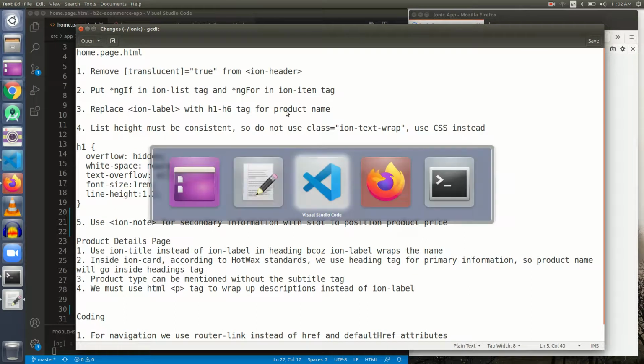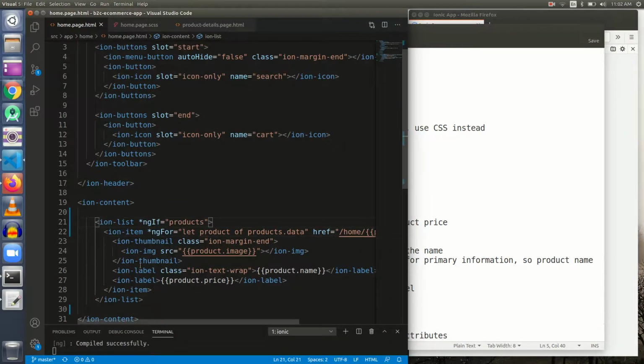Okay guys, coming here, and see, we have one entry in ion-item as product name.